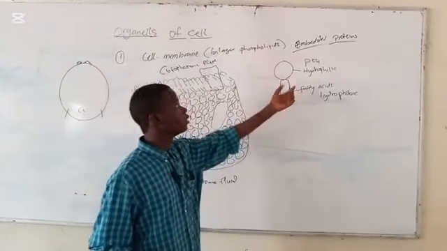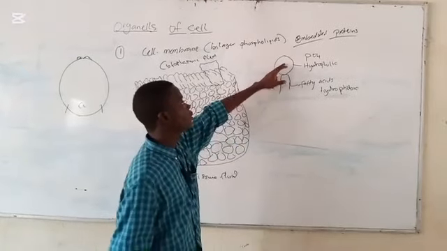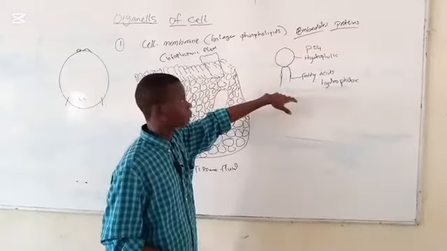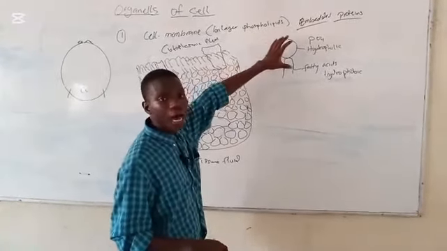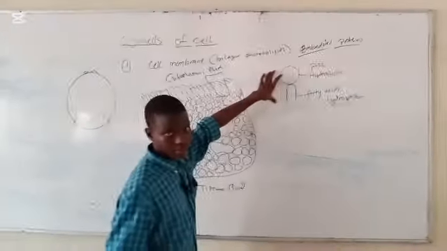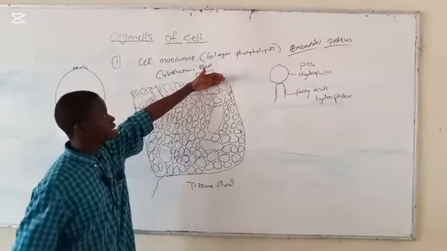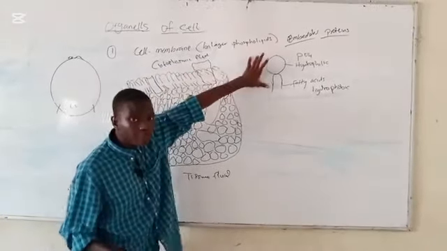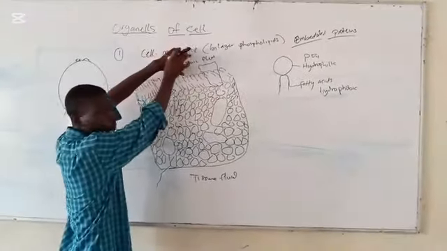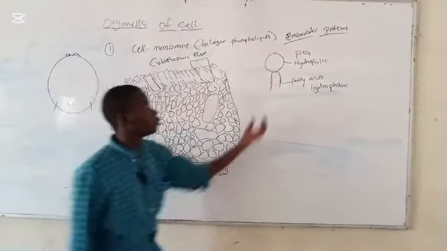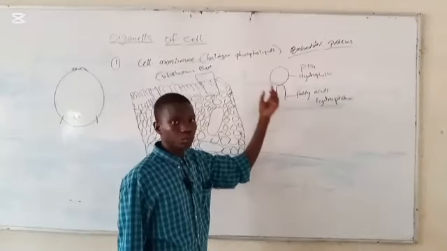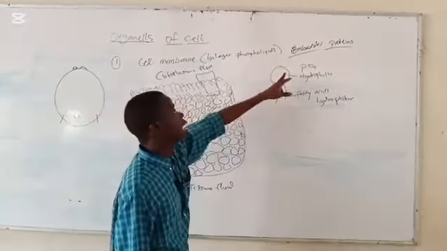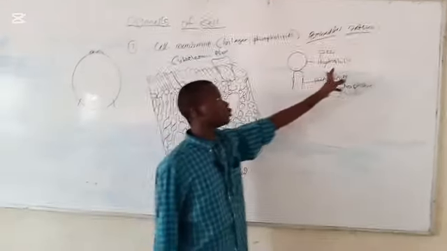Now, if you look at this structure, it kind of looks like a balloon with strings attached to it. This is how the phospholipid molecule is. And when we say bilayer, it means there is a part that is facing the tissue fluid and another part of the same phospholipid molecule facing the cytoplasmic fluid. So as I said earlier, it looks like a balloon with two strings attached to it, and the balloon part of the molecule, which is the PO4 or the phosphate aspect of the molecule, is said to be hydrophilic.